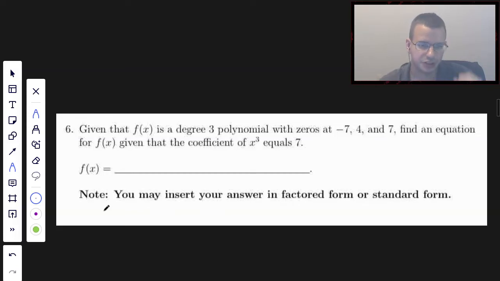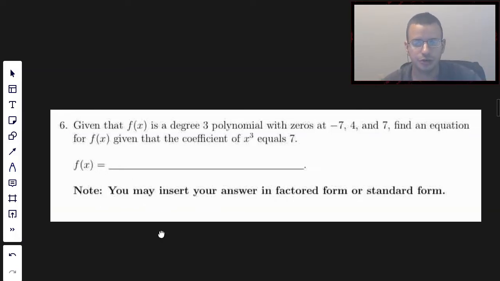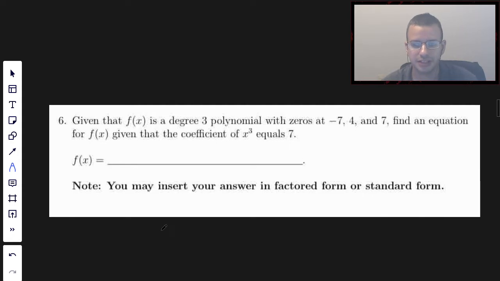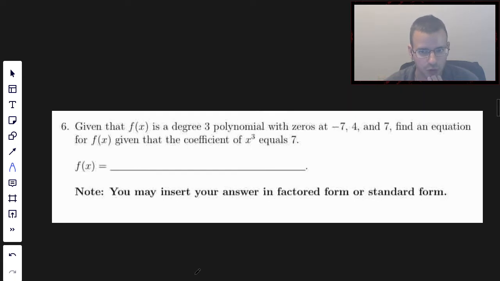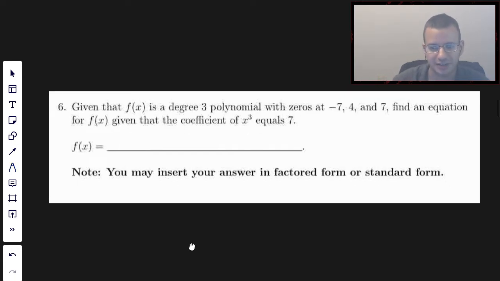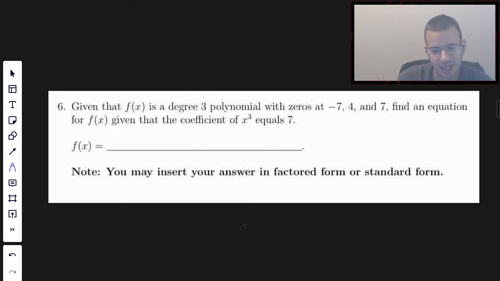Given that f of x is a degree 3 polynomial with zeros at x = -7, 4, and 7, find an equation for f of x given that the coefficient of x cubed equals 7. Okay, so the roots at negative 7, 4, and 7 means that x